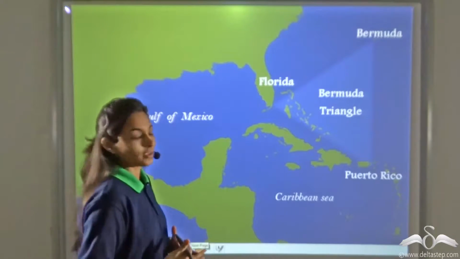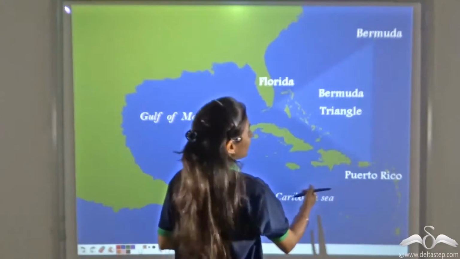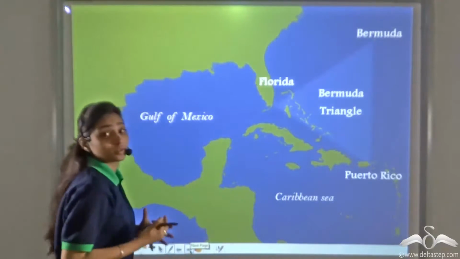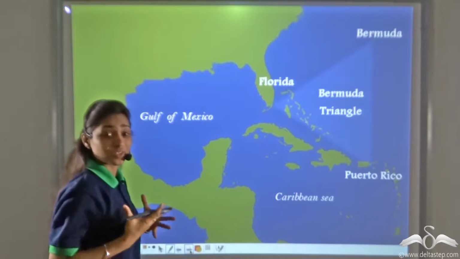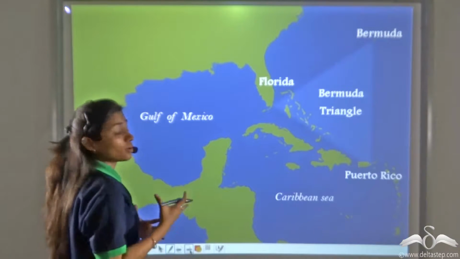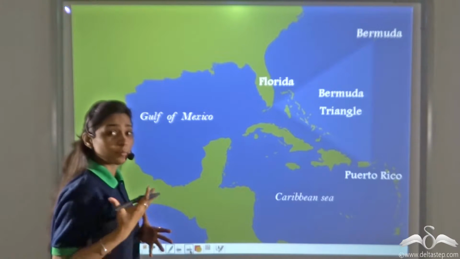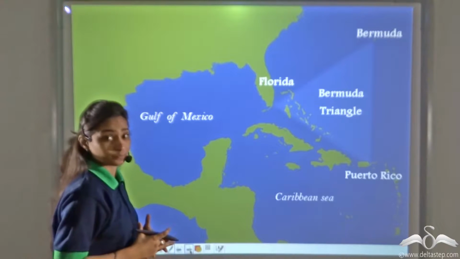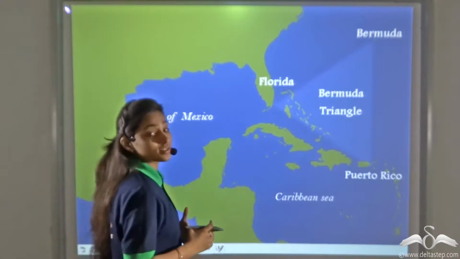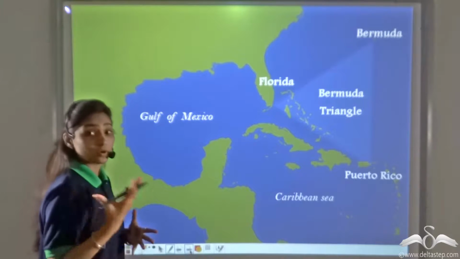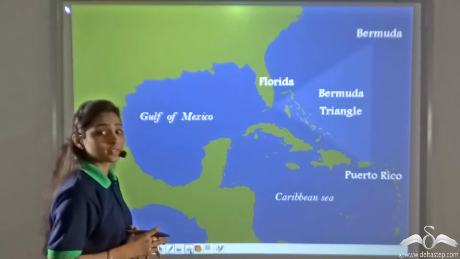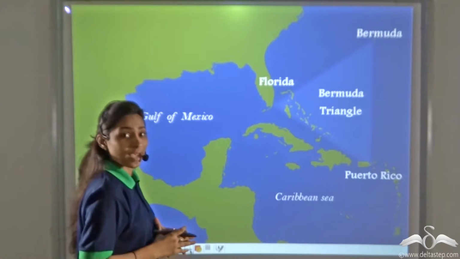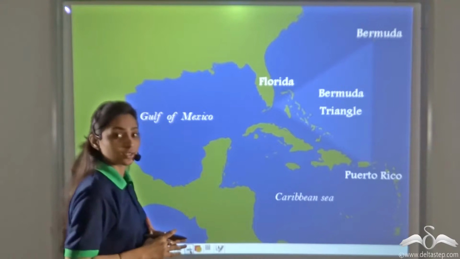So this Bermuda Triangle is a loosely defined region in the North Atlantic Ocean between these three places. Now this Bermuda Triangle is very mysterious and dangerous because a number of aircraft and ships have disappeared in these places in mysterious circumstances. So you know how dangerous this Bermuda Triangle is. Because of this, the neighboring countries once decided to fence this triangle so that they could block the ways of the ships and aircraft so that they could not enter this zone.